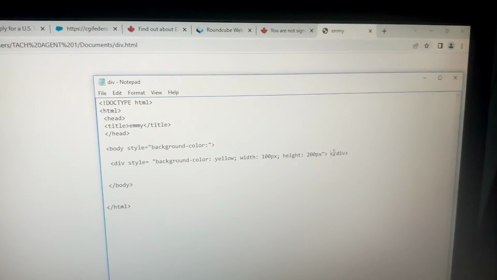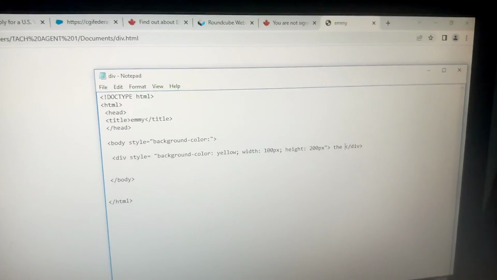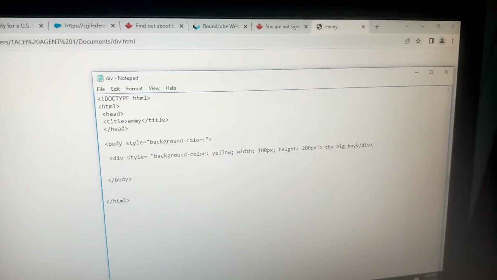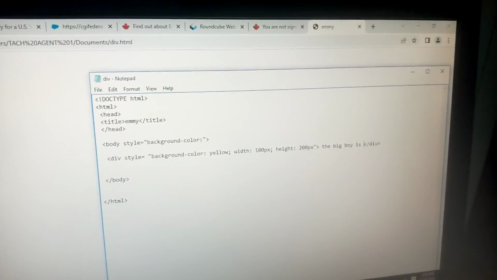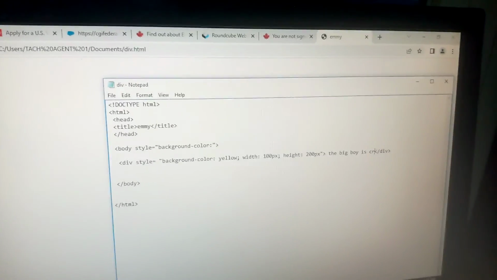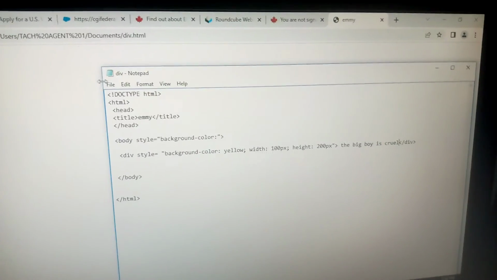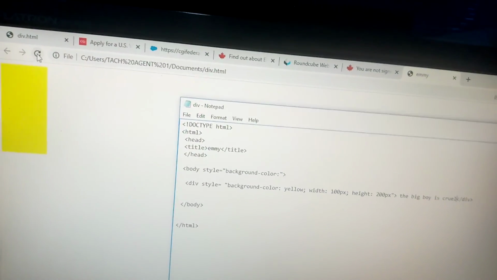So I might say, the big boy is crew. So let's say we save this and then get it here. I'm going to refresh the page. Alright, that's it. The big